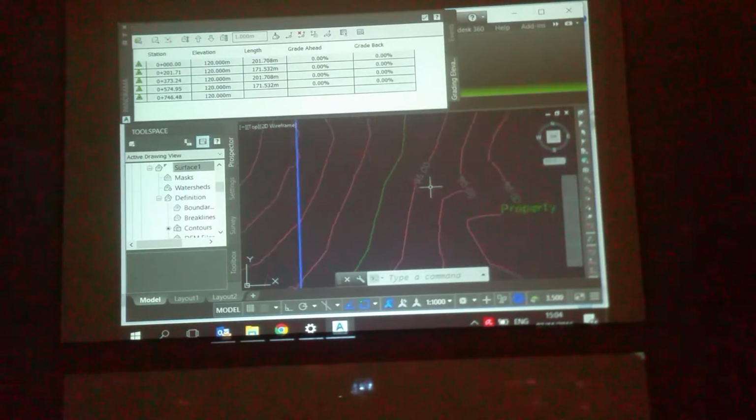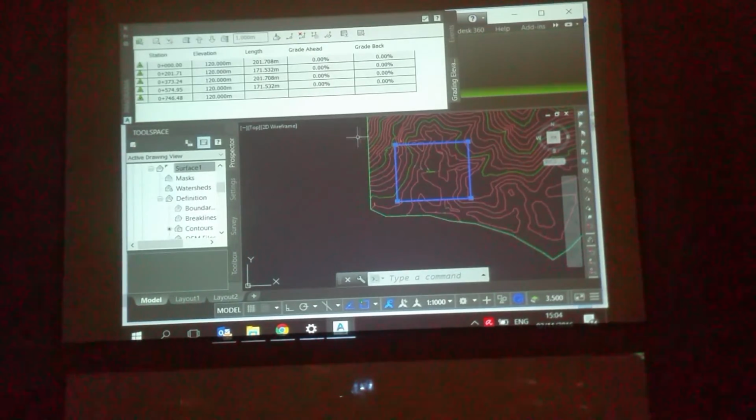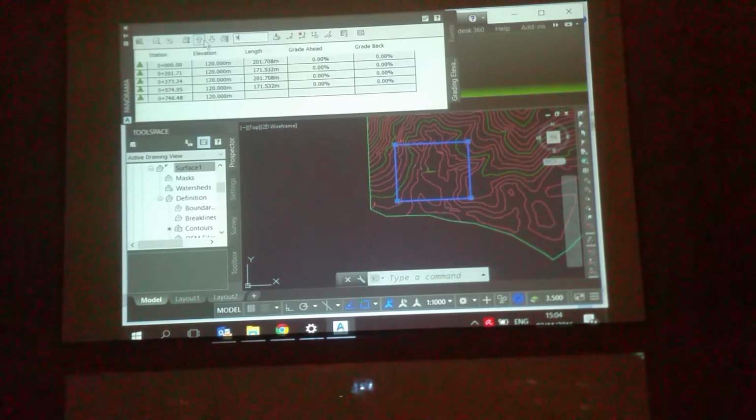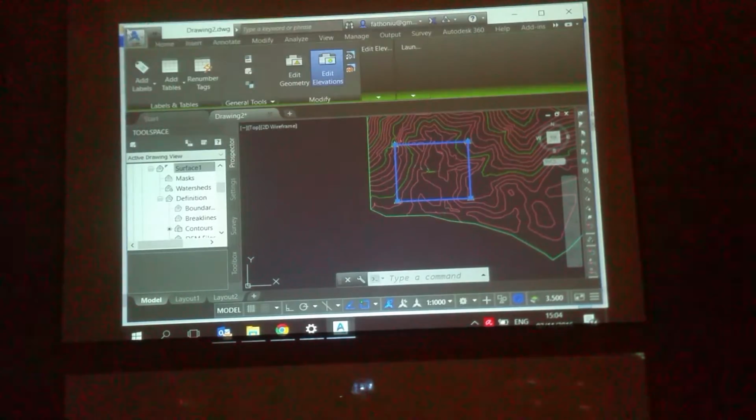Let's say this one is 95 meters. Make it 95 meters for the whole point. So the elevation of this point is 95 meters.